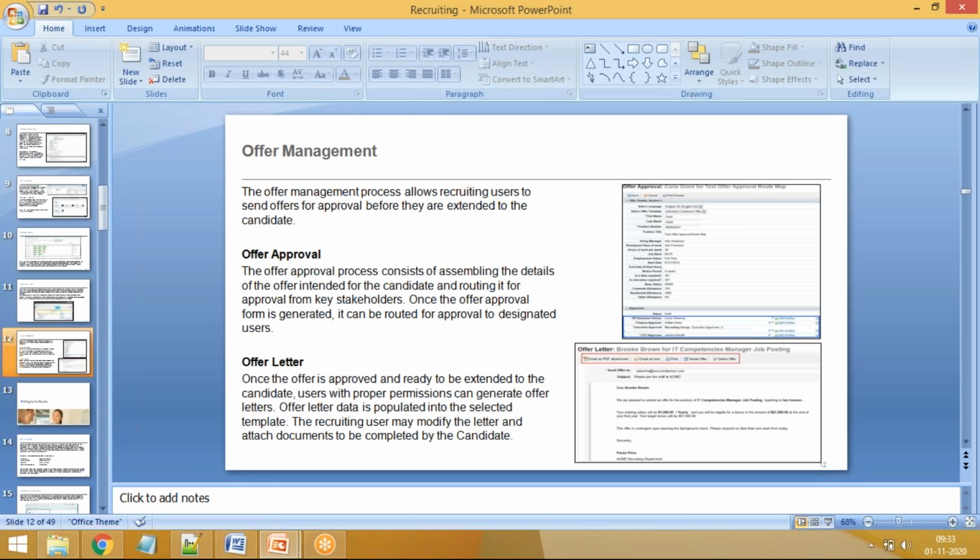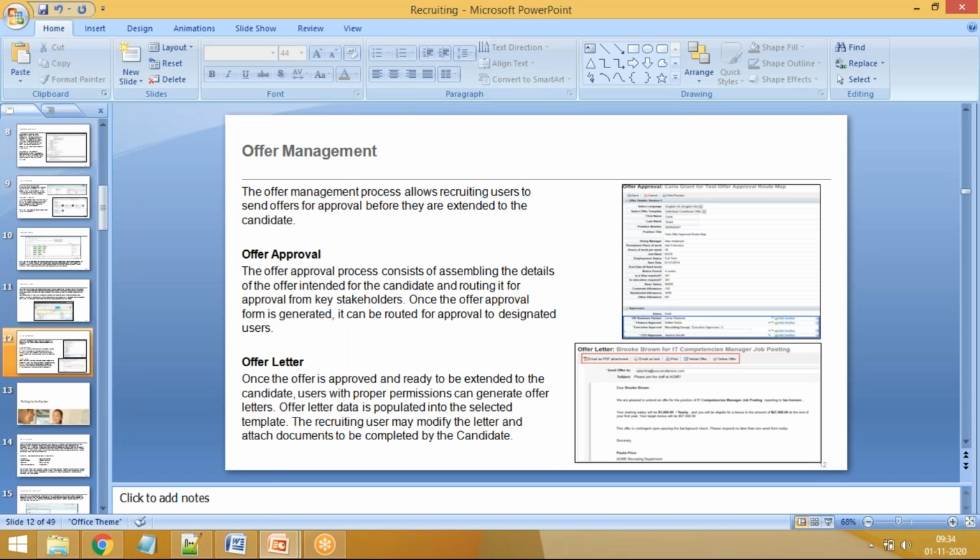So once the candidate comes into the system, we also have a process called offer approvals. Offer approvals are nothing but all the information of a job for that candidate. What is the salary information? Is there any car allowance? What are the shift timings? What are the work hours? How many hours per week? All this information will be collected in the offer, and we can send the offer from the system directly to the